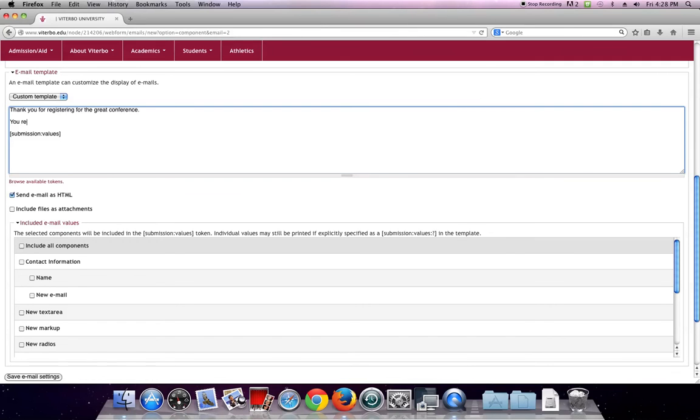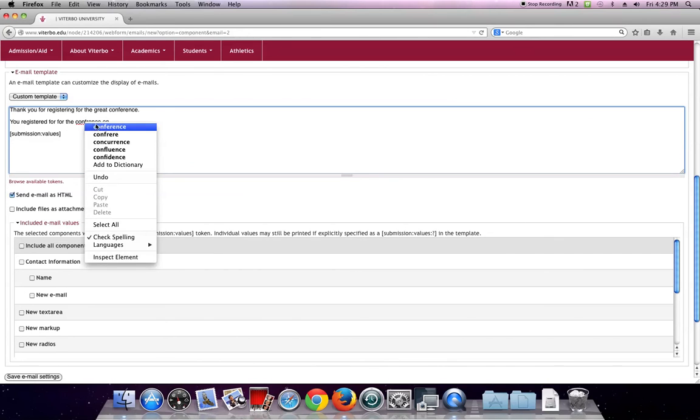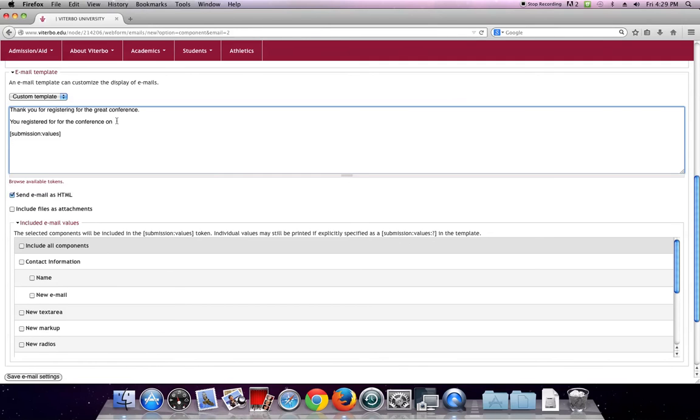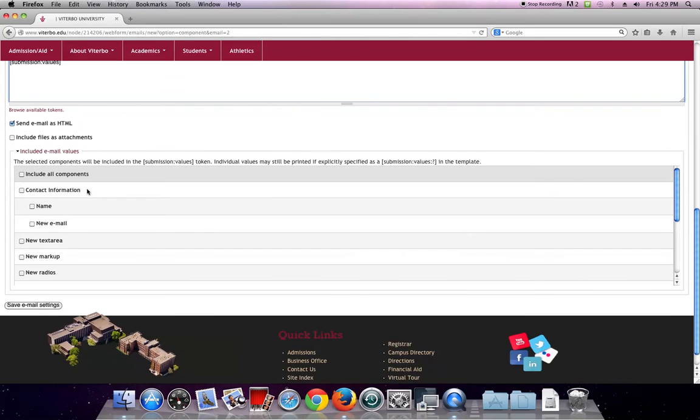you registered, I can't spell, for the conference on, again, all right, on colon. What this will do will allow you to send that information back to the user as a receipt. So they'll have the date in this example of the event they registered for as the email receipt. It's something that